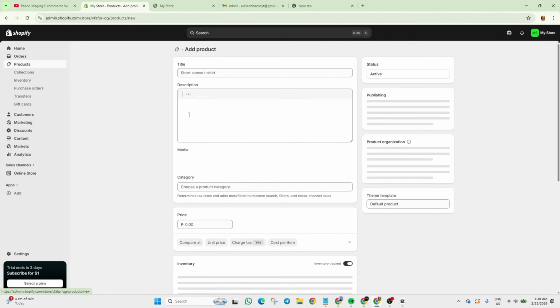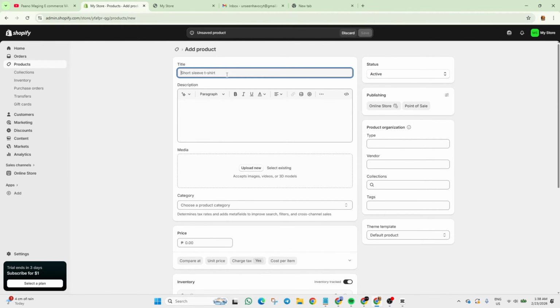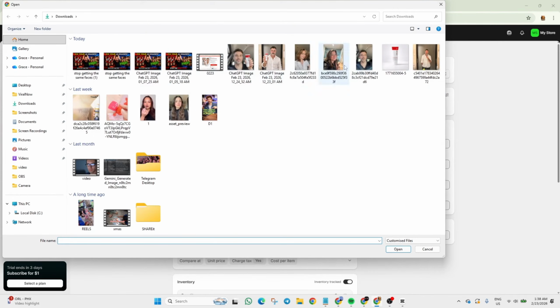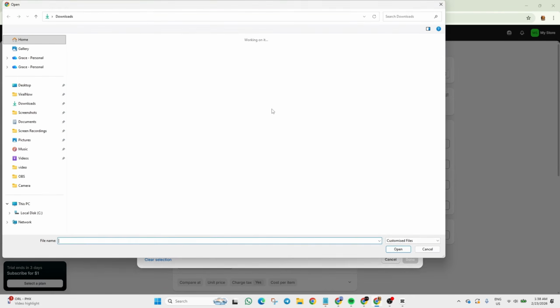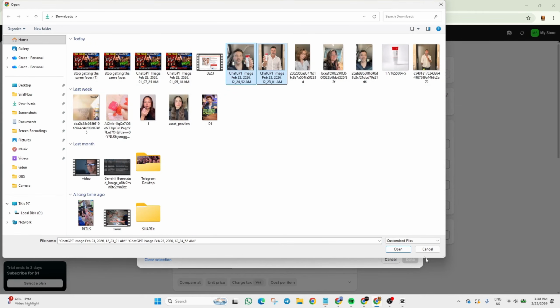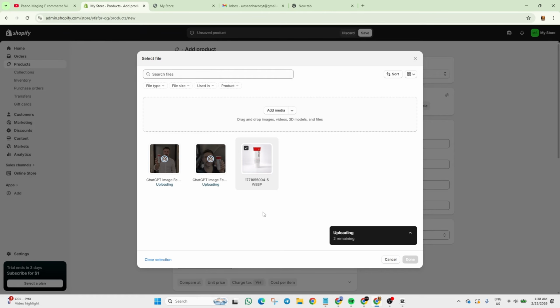Add product, and then this is where you get the title. So live sell. And then this is where you upload the photo. Okay. You can apply. I can add more. This is just a basic, so I will teach you also how to optimize or to build a good product page. So let's apply this. This is what I built earlier, and you will see how I did it on my previous video. So just wait for it to load.